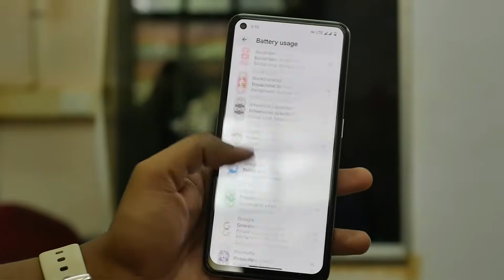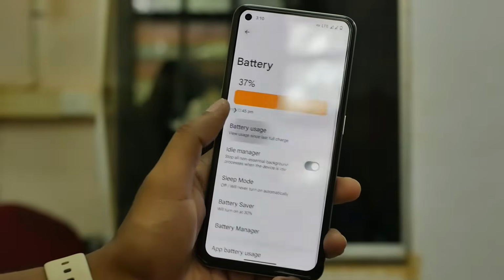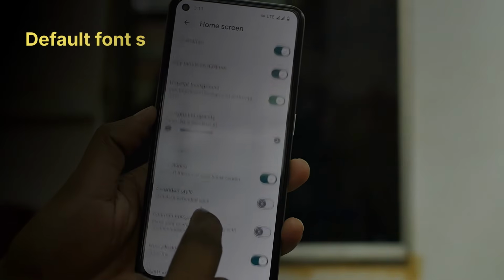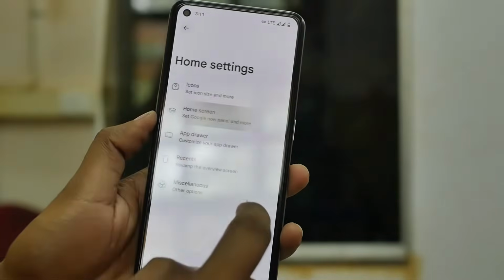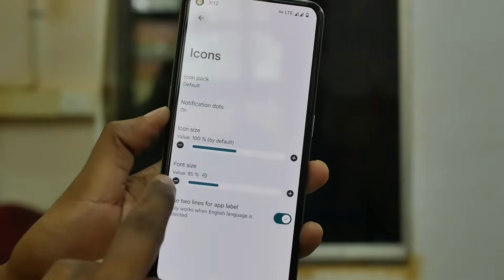Now let me talk you through the things that are not so good but I'm okay with. The default font size in the home screen was too big. There is an option to change it manually in the launcher settings, and I did that because the default one